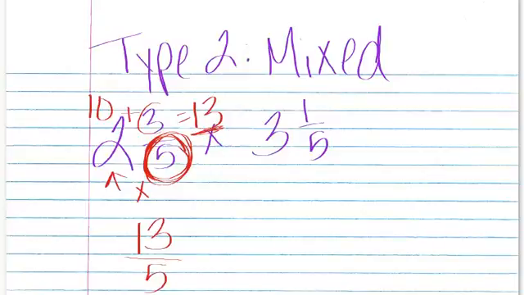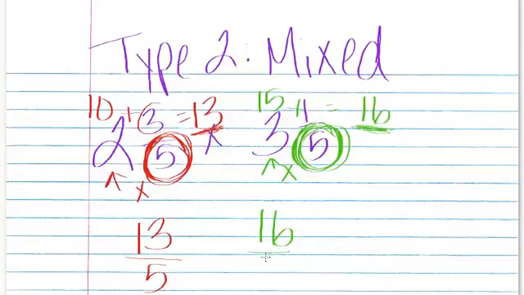We're going to do it again over here on the right. 5 times 3 is 15, plus 1 is 16. This is my top number, and this stays on the bottom. So I have 16 over 5. Now, I'm multiplying still. That hasn't changed. And now I'm going to do top times top,